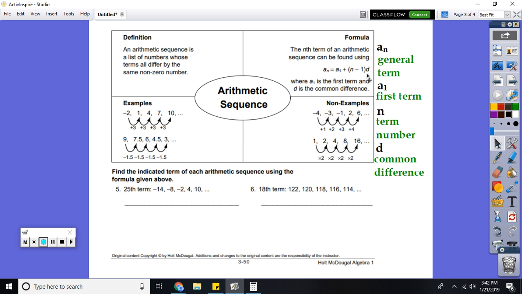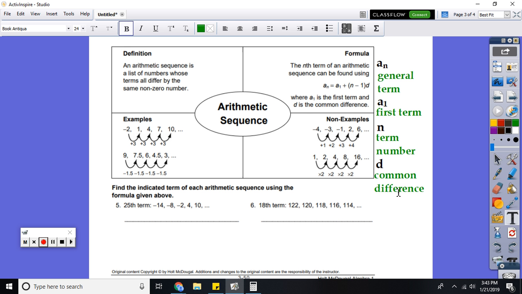So let's look at the examples that were at the bottom of the worksheet. Find the indicated term of each arithmetic sequence using the formula given above. So here's the formula, and they want the 25th term. Well, I could continue this sequence, figure out the common difference, add that over and over again till I get to the 25th term, or I could just use the formula as a shortcut. So the formula says a sub n equals. So any term would equal the first term, a sub 1. So the first term here is negative 14